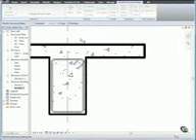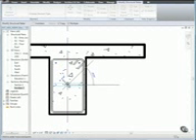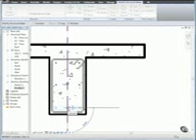Click a point on the grid line to define the start point. Then move the cursor down to approximately the midpoint of the beam and click to place the rebar. Then move the cursor down to the bottom of the beam and click to place the second copy. Then press Escape